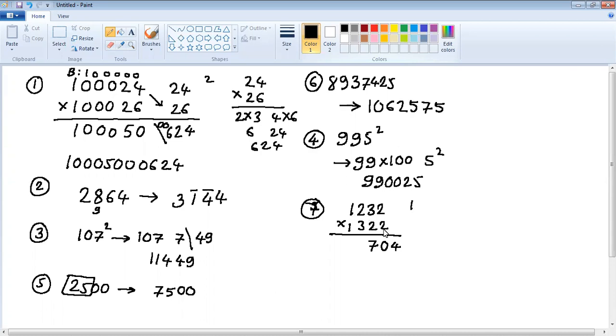Fourth main step. 2 plus 2 is 4. 4 plus 4, 8. 8 plus 9 is 17. Plus 1, 18. Again carry 1. Now the fifth step is just this. 2 plus 3, 5. 5 plus 6, 11. 11 plus 1, 12. Again there is a carry. Next step, 3 plus 2, 5. Plus carry 1, 6. So carry is gone now. And next 1 into 1 is 1. 1, 2, 3, 4, 5, 6, 7. 7 steps, 7 digit answer.